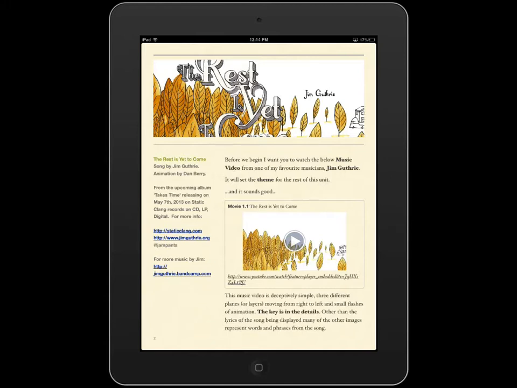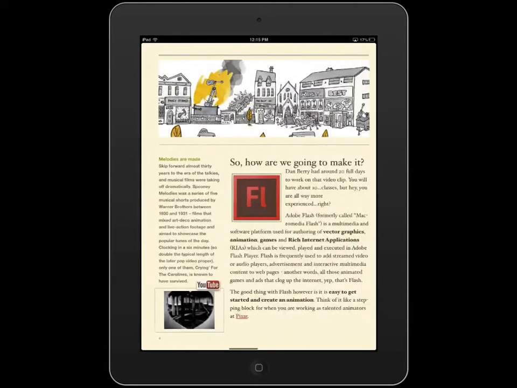Is it a long play? Which is a type of what? Your parents would have some. It's a record. People still make records. Records are awesome. You can still buy them, though they're very expensive. Some people out there will still argue that a record has better sound than a CD or digital. So you can still buy records. This is still on record. That's pretty sweet. Good catch, actually.